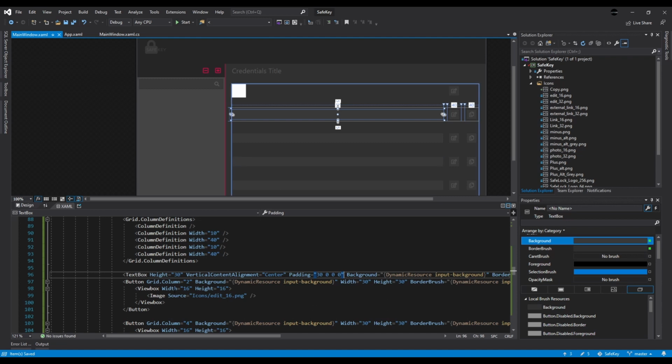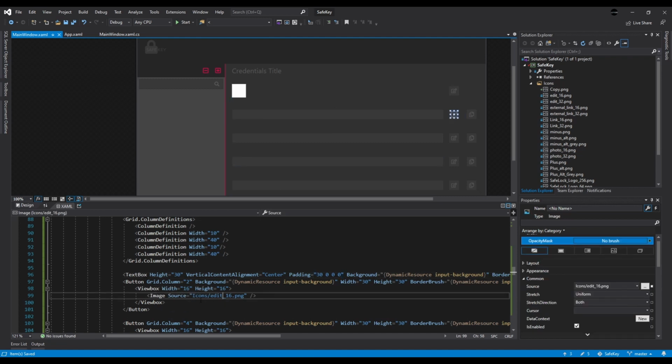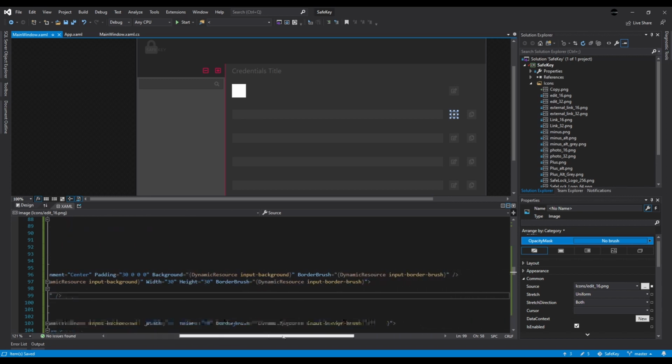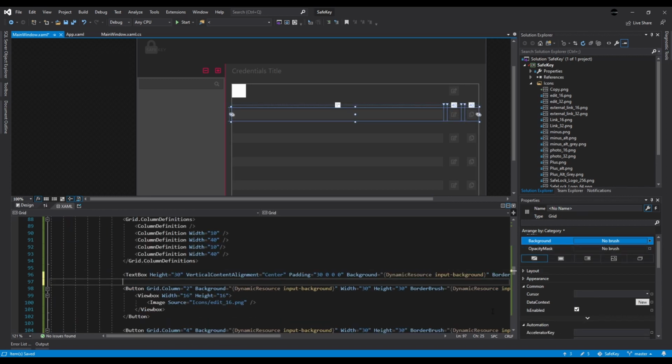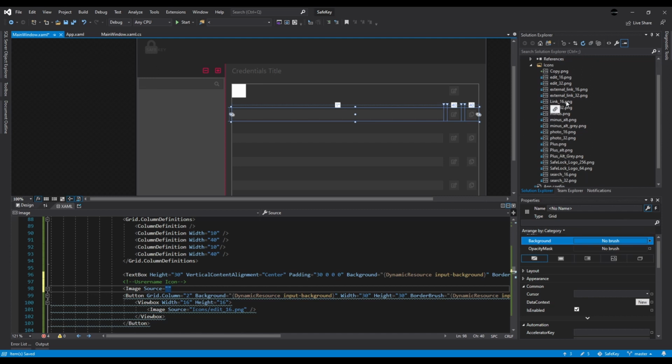Save. So this one, we're just going to come down here, username icon, then we're just going to add an image, source, this is going to be